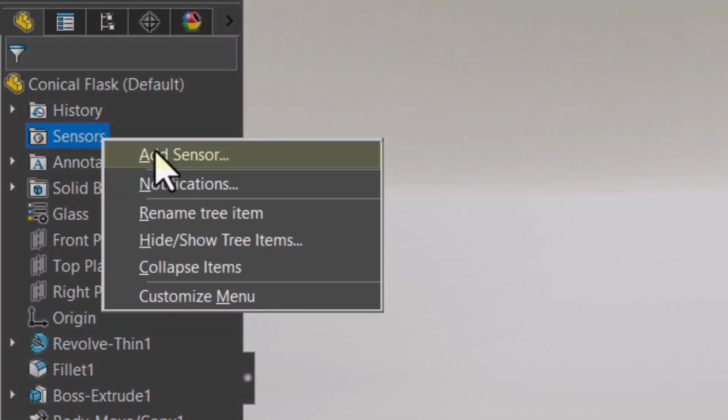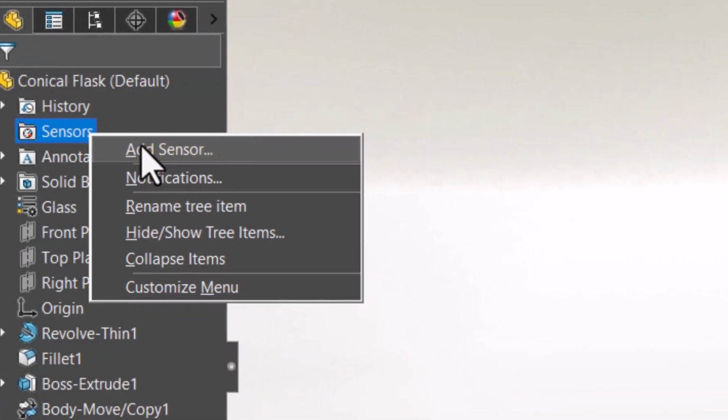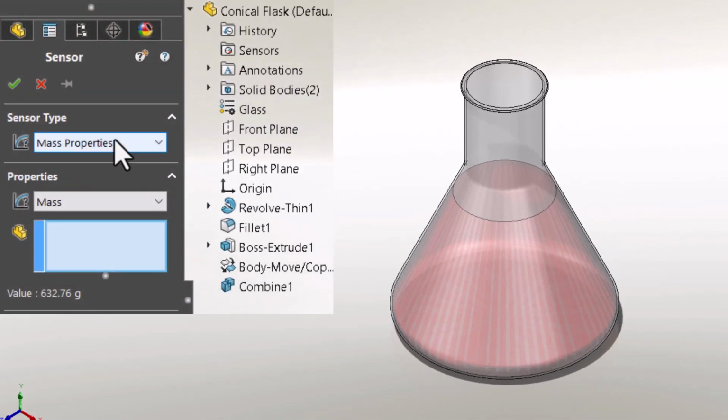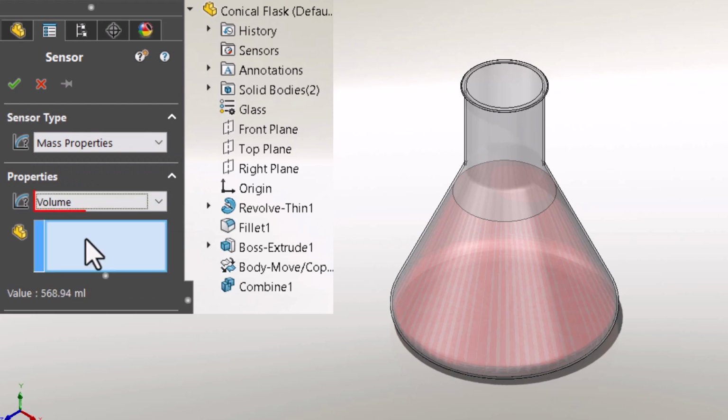Right-click the Sensors folder and choose Add Sensor. For sensor type, we choose Mass Properties. For properties, we choose Volume.